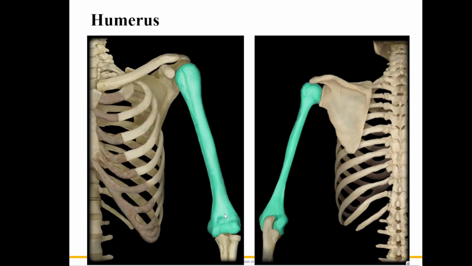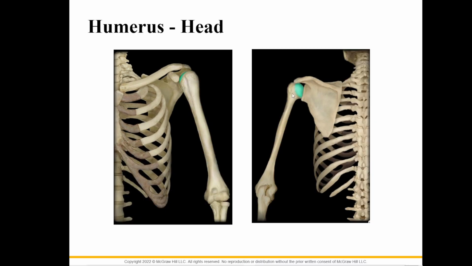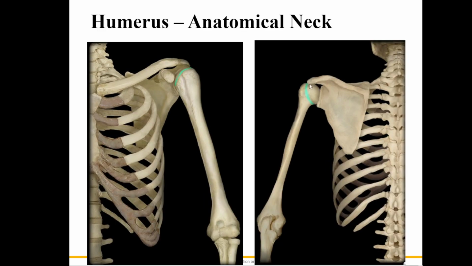So, again, this is your humerus. We can see here the greater tubercle. This lump here is the greater tubercle. You see this small lump, this is the lesser tubercle. This part of insertion, better seen here, is the deltoid tuberosity, this depression here. Then we have the medial epicondyle, the lateral epicondyle, and then the condyles, the trochlear and capitulum. So the head of the humerus, the anatomical neck,